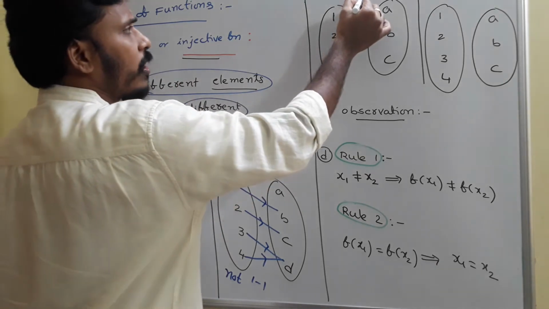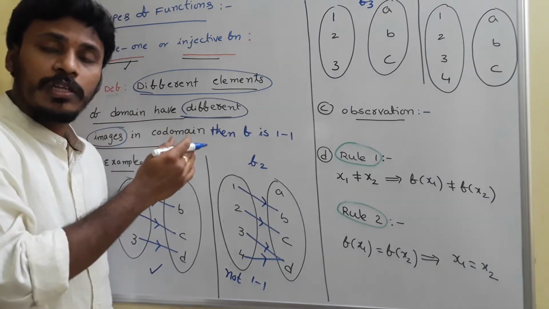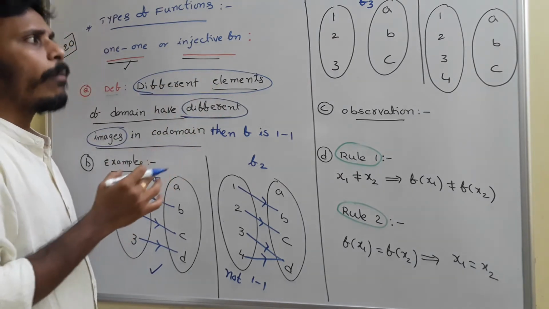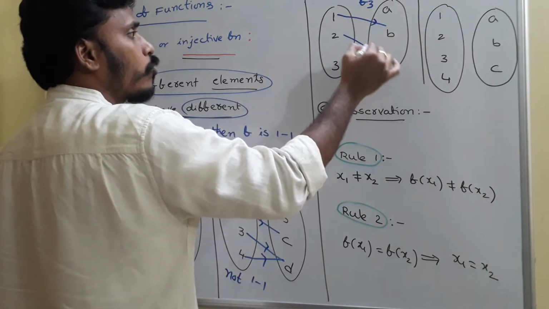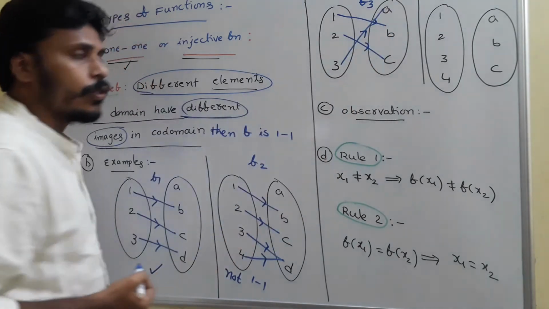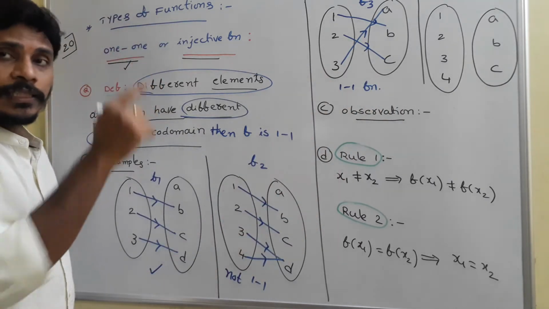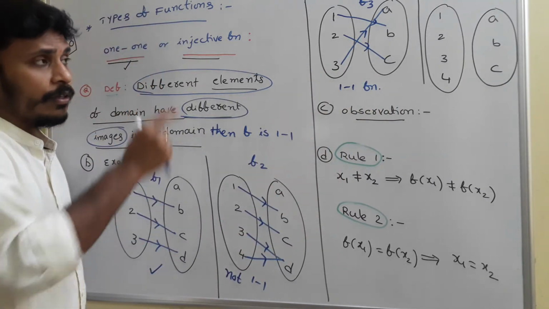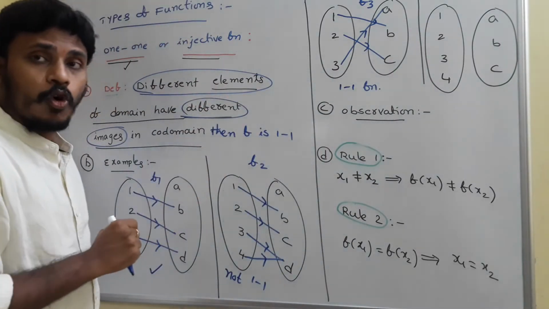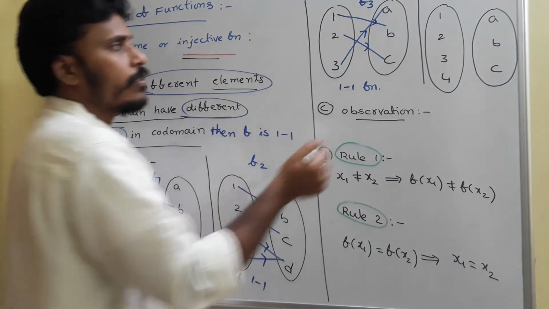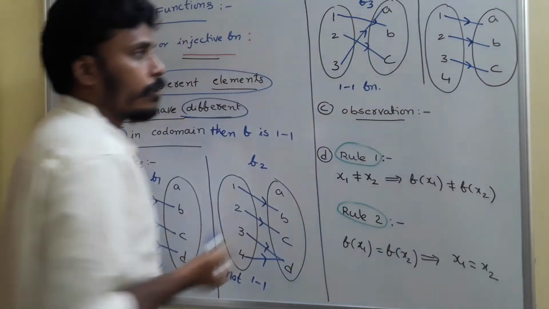Then look at the third example. For this function f3, I have 3 elements in the first set and 3 elements in the second set: 1, 2, 3 here, a, b, c there. You need to map in different possible ways. Suppose I map 1 to b, 2 to c, 3 to a. If I map in this way, for sure it is a one-one function. And now the last example. There are 4 elements in the first set, 1, 2, 3, 4, and 3 elements in the second set, the codomain a, b, c. You just map them. Suppose 1 maps to a, 2 maps to b, 3 maps to c.